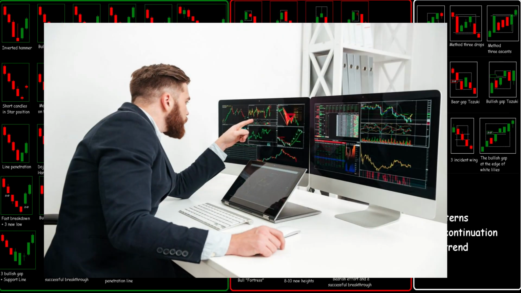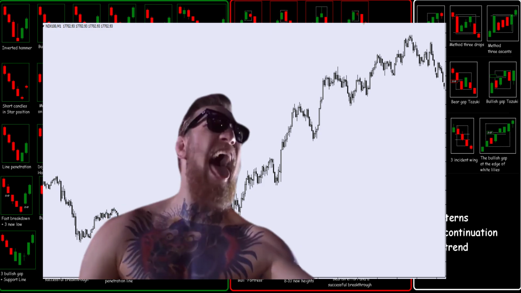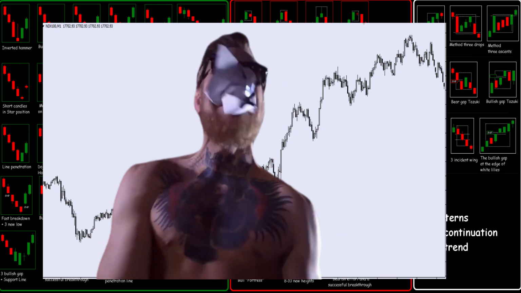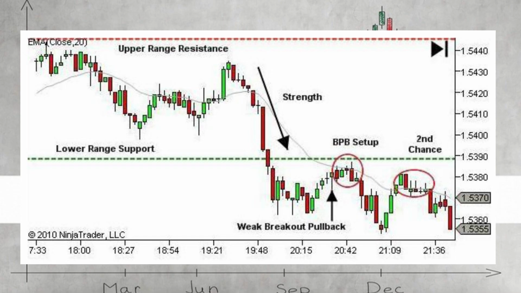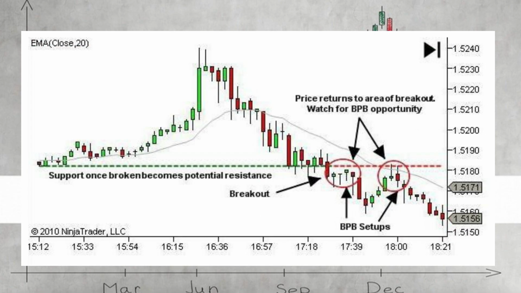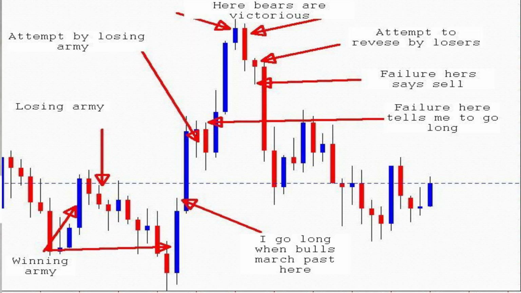But at that moment, I realized for myself that it was time to finish with indicators and start studying price behavior in depth. In all his books, Lance Begg focuses his attention on the behavior of the formation of candlestick patterns, but for some reason does not analyze the very logic of price action. Therefore, I had to take everything apart myself, and only these efforts allowed me to stop wasting money on the